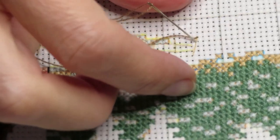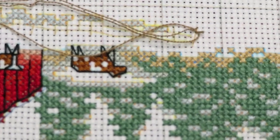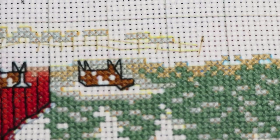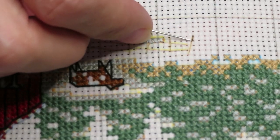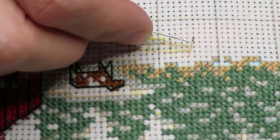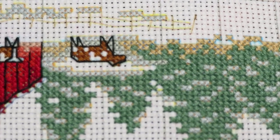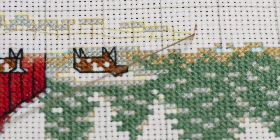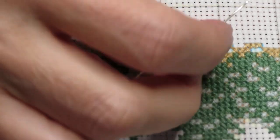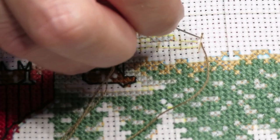Okay, so I create my first hole. I'm gonna go down like this, and now I went inside in here. I will come out from here now and go backwards. So again, I go to my next line, but not in the holes. I go exactly where my painting line is coming out. So I'm gonna pull out nice and gentle, not pulling my thread yet because it's not very secure yet. And now I go into the hole where we made our first line